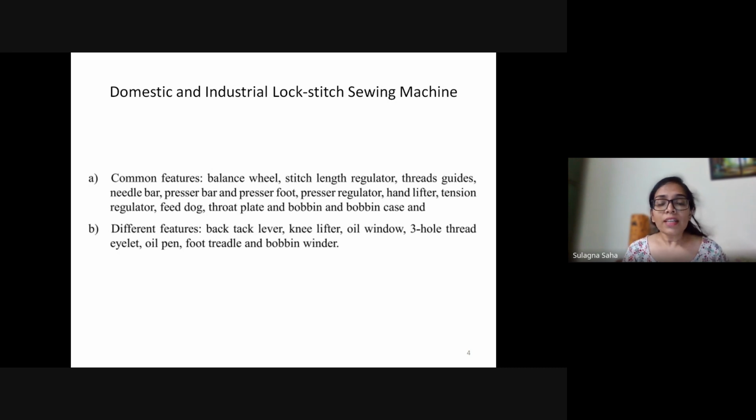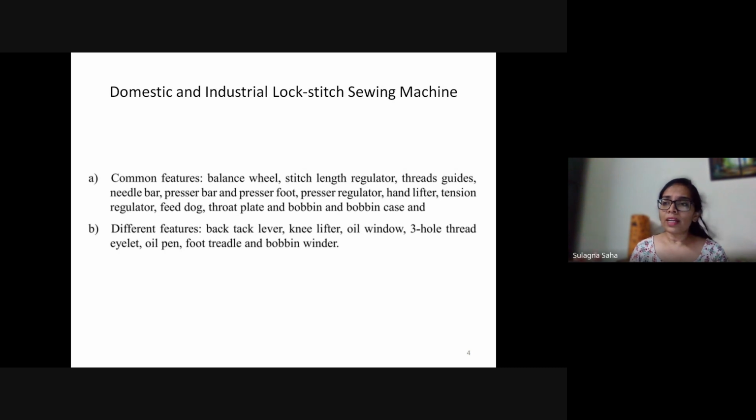Yesterday when we were looking at those spec sheets, I showed you those triple needle stitches. You remember that? Yes, ma'am. An industrial machine can often come with a double needle or a triple needle attachment. So the pressure foot will also be like that. The needle bars will also be like that. And of course, it will also have eyelets and thread lifters, from where we can get in all those threads. So we can have a double needle or a triple needle machine as well. There would be an oil pen, of course.